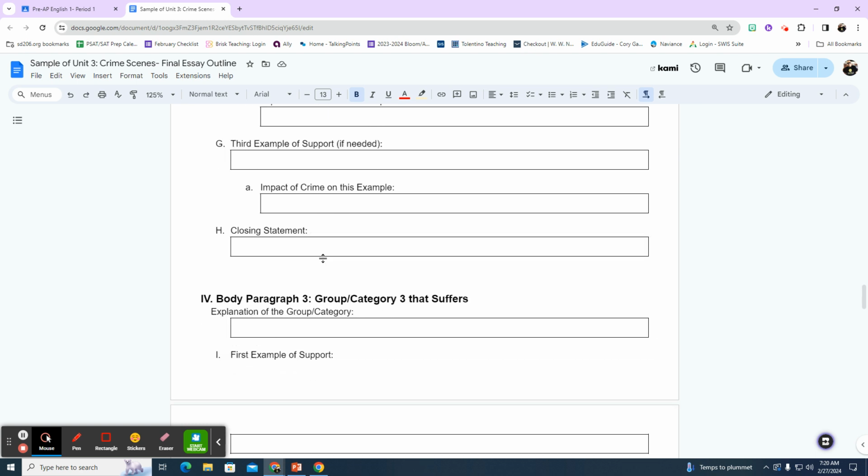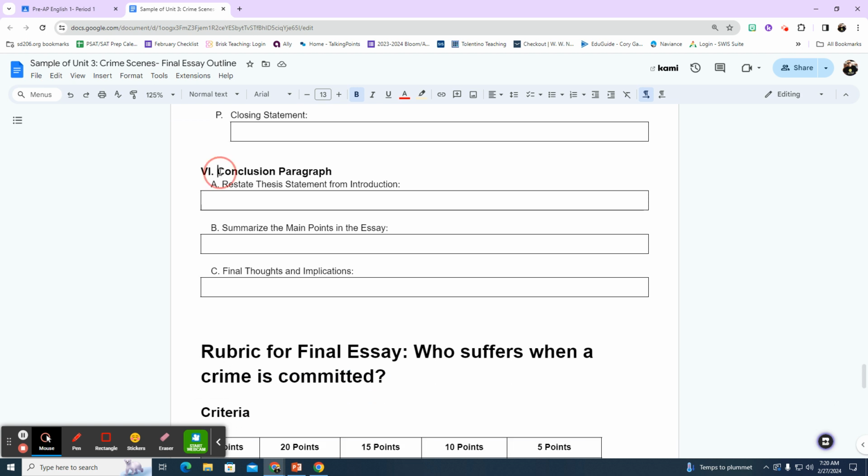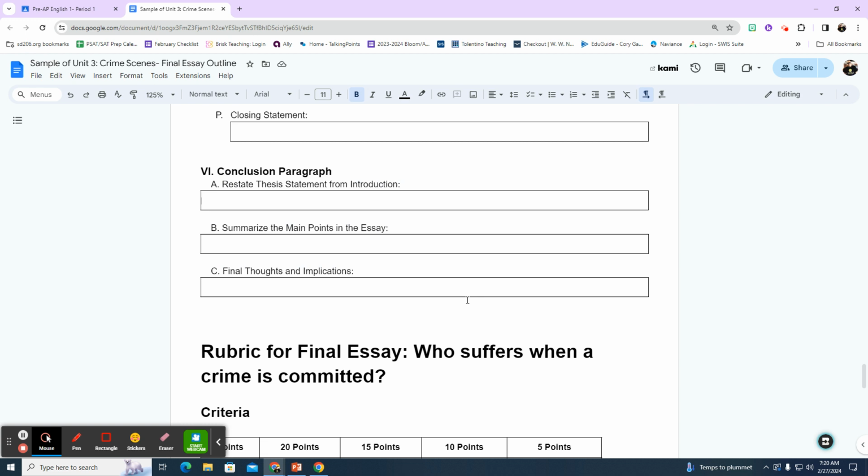Once you have all your body paragraphs outlined and you've reached your conclusion, you'll be ready to write your conclusion and then put it all together, which will be on the third and final video. All right, so good luck to you in outlining your body paragraphs. Let me know if you need any help. You could always rely on any classmates or friends in the class to help edit your work as you work together, if you want to work together. Or you can call me over, and I'll be more than happy to assist you if you need any help. All right, good luck to you.